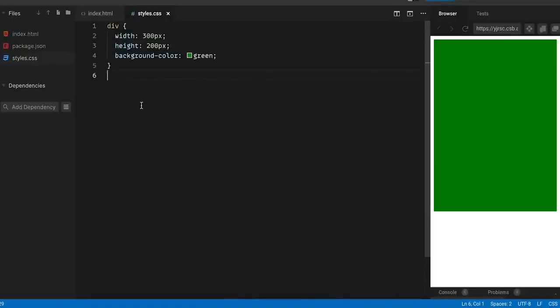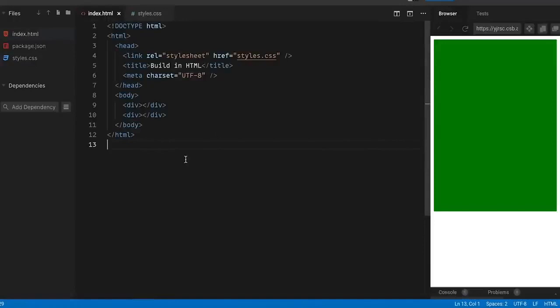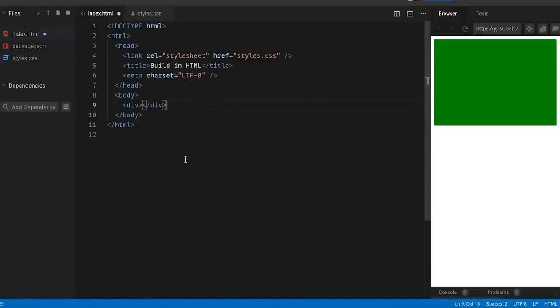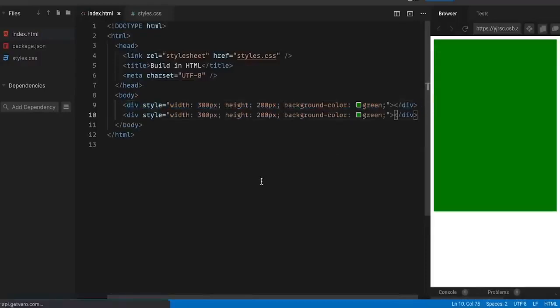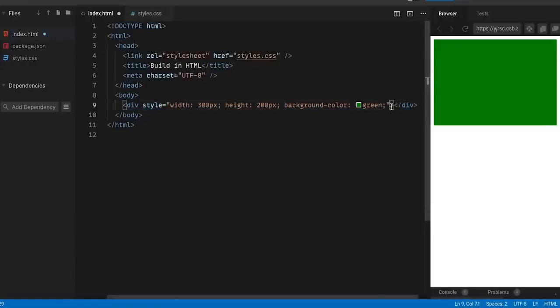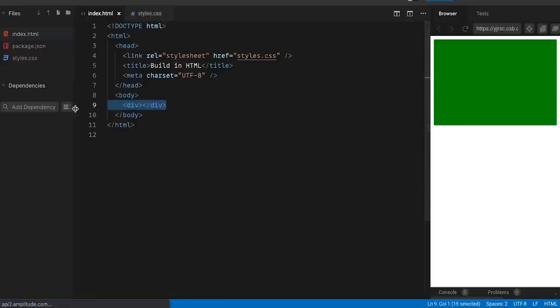This is great when it comes to not having to repeat ourselves and style something over and over again like we would have had to in the HTML if it looked like this. So we would have had to have that, and once again this, and so on and so on. Thanks to our style sheet, we don't have to do that anymore. So I'm just going to get rid of that again. Great. Let's put in our second div